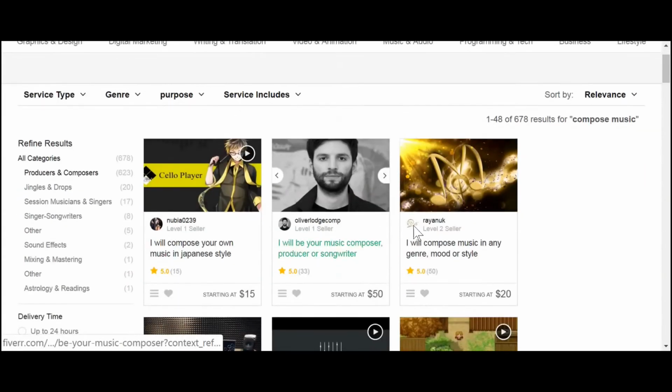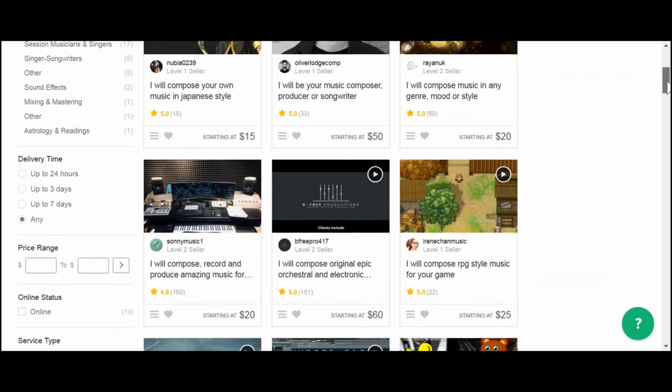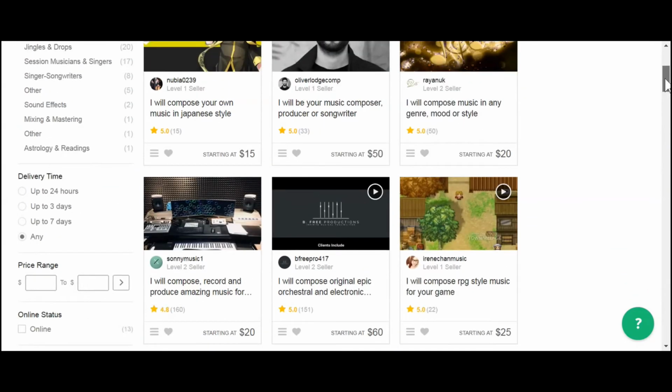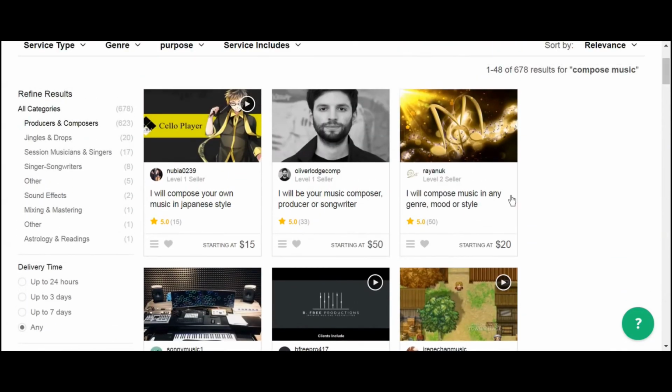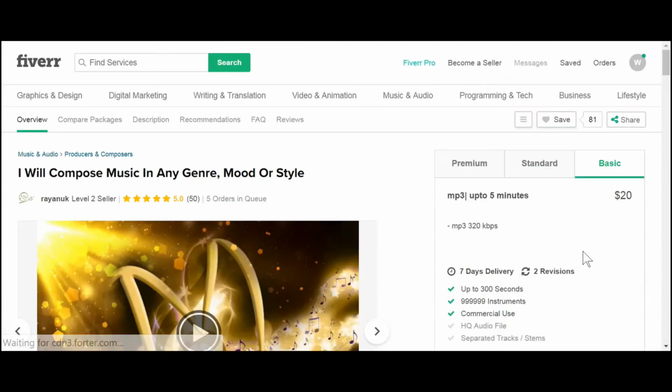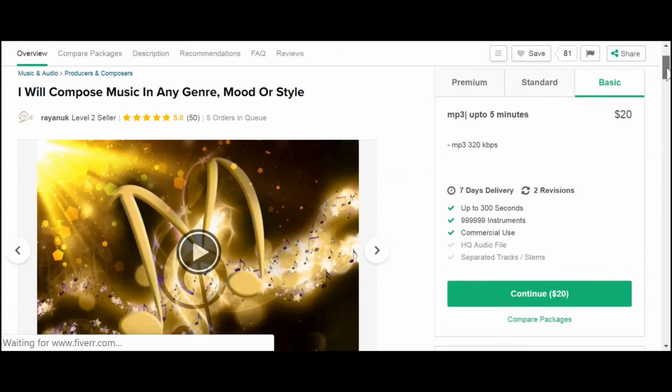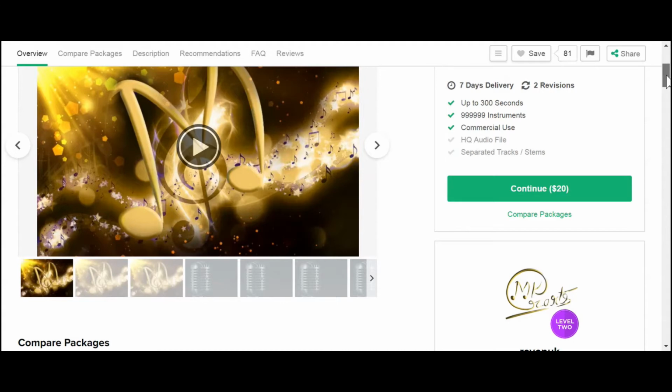You'll find people from all around the world who will do the job for you. You can post a job and let people bid, or you can pick artists whose samples you like and send them an inquiry. Once you make an agreement with someone, you can tell them what you want: style, how long, etc. They will write the song and produce a digital recording of it ready for you to drop into your videos. I've used Fiverr several times for various assignments, and I've never been disappointed.